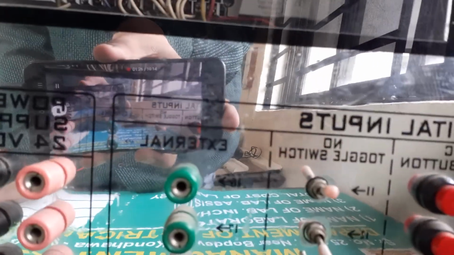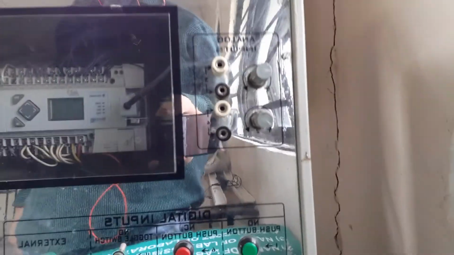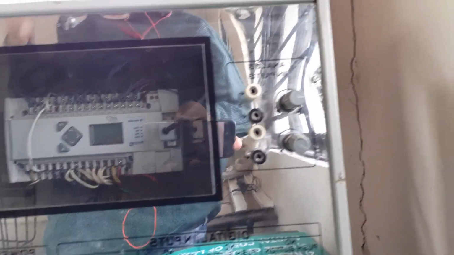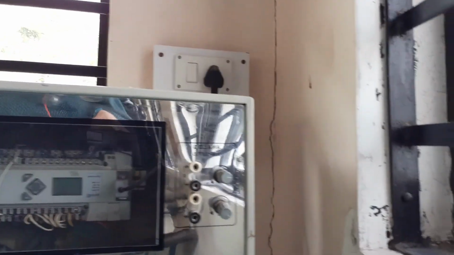So next is the power supply and indicator. Whenever it is working, it will show as an indicator. The LED will glow, and external output you can see. Now we may require a number of inputs in this case. The inputs may depend upon the type of thing you are running here, that is the application.